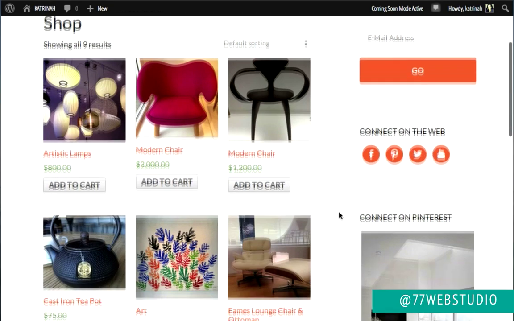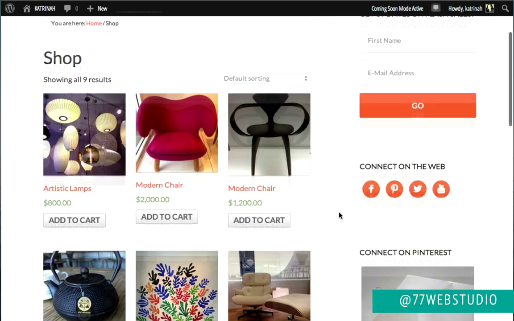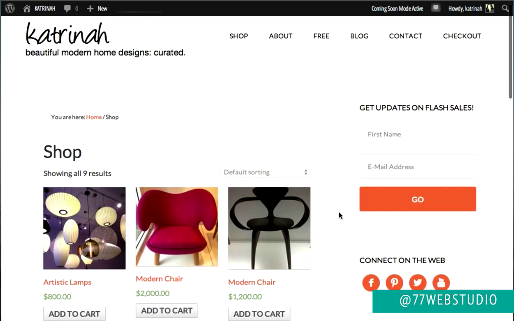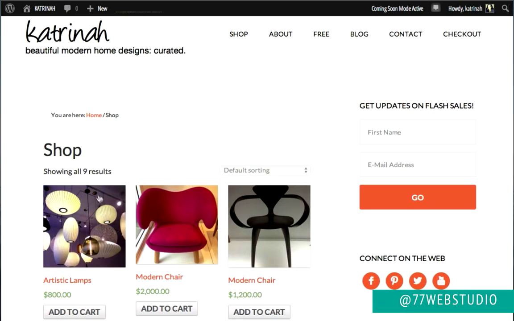So now that we have all the products added to our online store, the next step is I want to change the styles on this particular website. So note that it's green right here for the price, and I'd like it to match the rest of the site, which is orange. The other thing is that when we hover on top of this particular item, as well as any item for that matter, it also turns green, and I want that to be underlined instead of green.